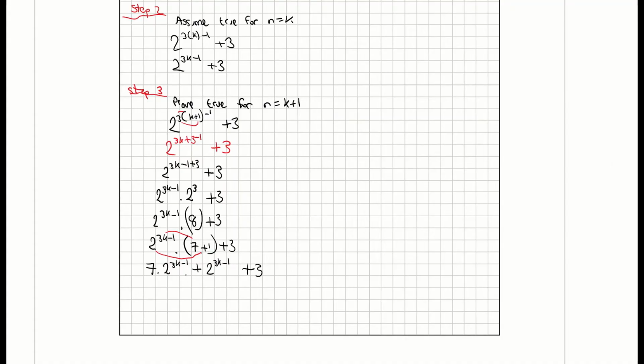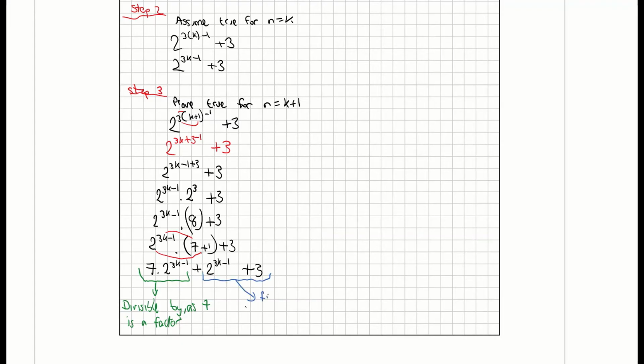So what do I know? Look at this part here. I know that this is divisible by 7 because 7 is a factor. So the factor of 7, 7 times anything must be divisible by 7. So that's the first part done. We know that that is divisible by 7. And if we come to the next part,